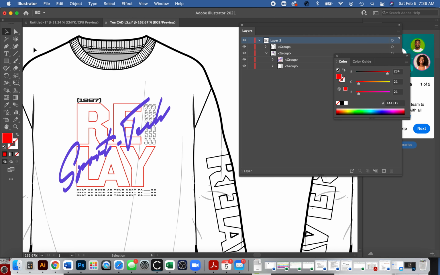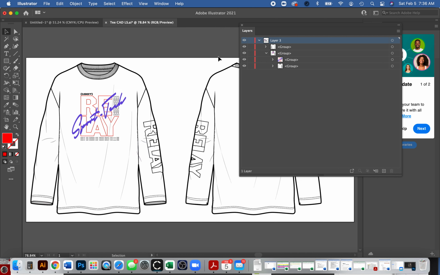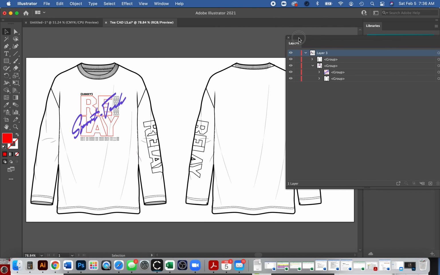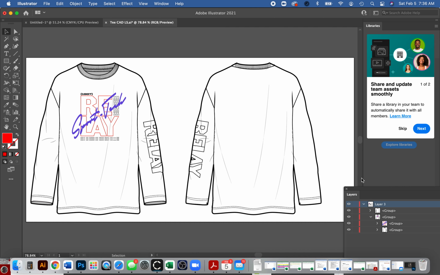Okay, so I just double click to get out of it. That little border is gone. So now when I select my shirt, I'm selecting all of the layers again. And just a reminder, if you see the red dot, that means that layer is selected. So right now, nothing on that little group layer is selected. I'm going to hit Command 0 to pop out. If you're still new to Illustrator, I recommend opening up your layers and following along. I think it'll help you get more control over it. Yes, so that is my little group demo video refresher.